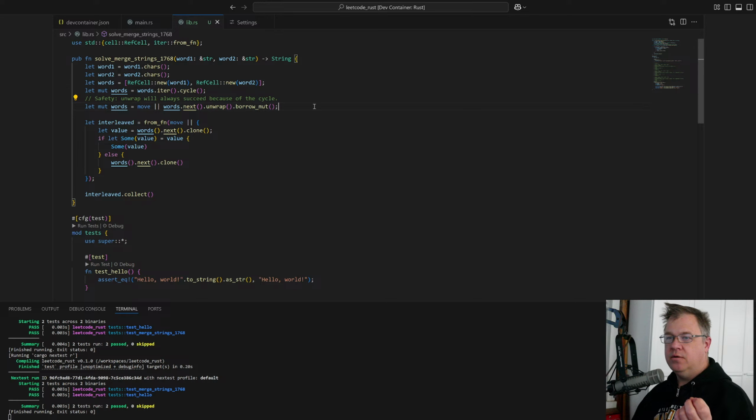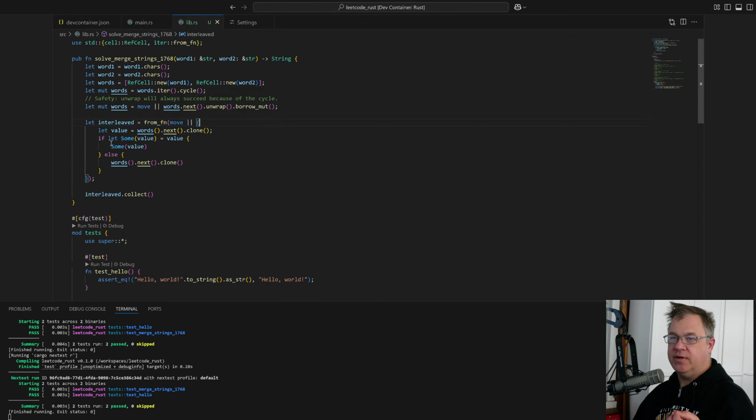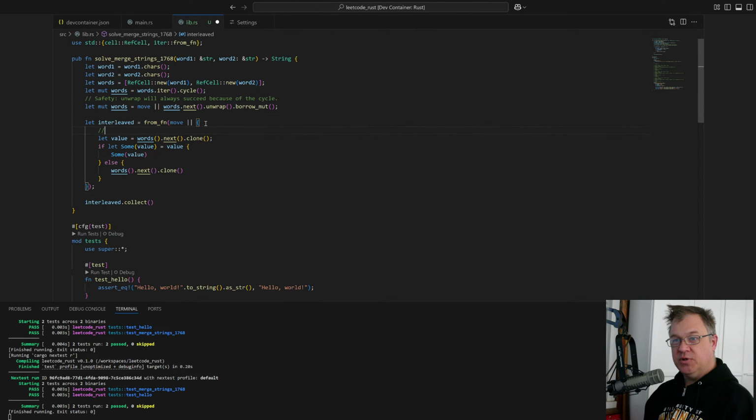I wrap words into a function because I'm going to be using unwrap, and I want to have this be as close as we can. So this is just going to get us the next character from the words. And so our actual interleaved iterator now says, okay, let's put a comment here.